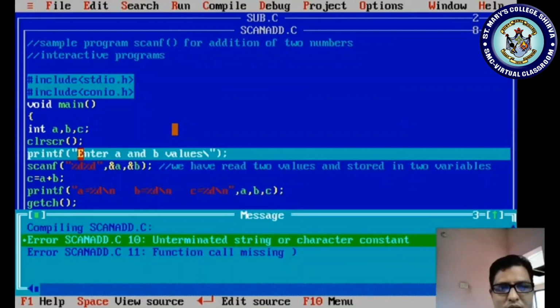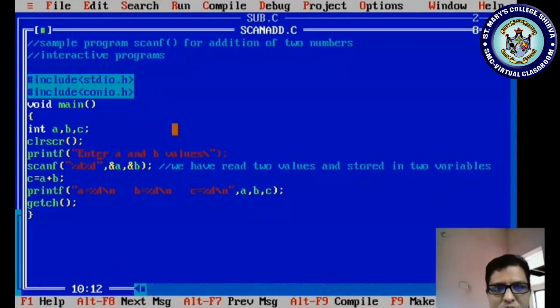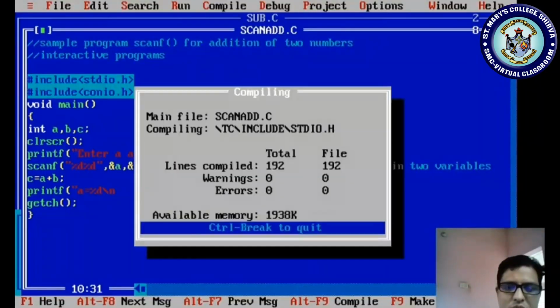Okay. You just press the function key F2 for save and compile it. Alt F9 and run it. Are there any errors? No. Now run it. Control F9. Got it? It is here asking A and B values, right? Now I do not know. I am giving 1000, 10,000, right? 30,000. Let me check whether it will process.